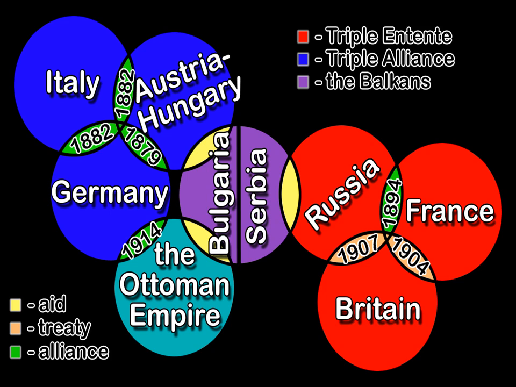Okay, here are all of the alliances. Here is what it looks like before World War I breaks out. You can see this complex web and series of alliances, but essentially, let's pretend that Italy attacks France. Well, if Italy attacks France, then Russia, Great Britain, and France are going to attack Italy. But if Italy is attacked, Germany and Austria-Hungary are going to go ahead and protect Italy and fight back as